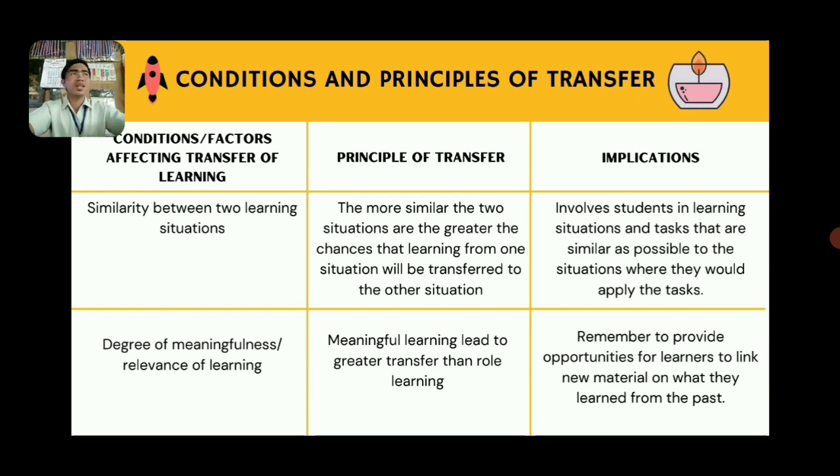In the teacher's discussion of a new topic, we observe that the teacher asks, "Do you know anything related to this new topic?" This is to check if we already have the previous knowledge, in order to make it meaningful or relevant to the new one. Because if it is related, it is easy for the transfer of learning. It is easy for us to learn. For example, in multiplication, if we already know how to add many numbers, then it is easy for us